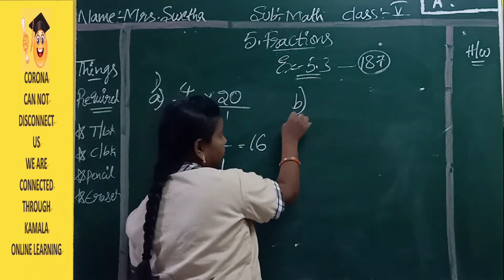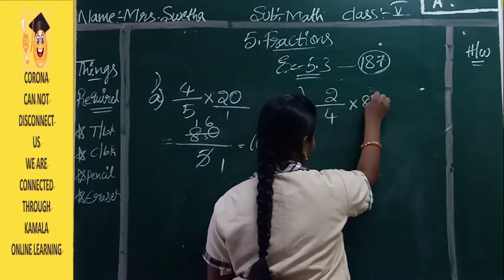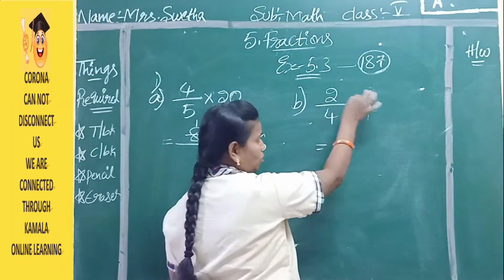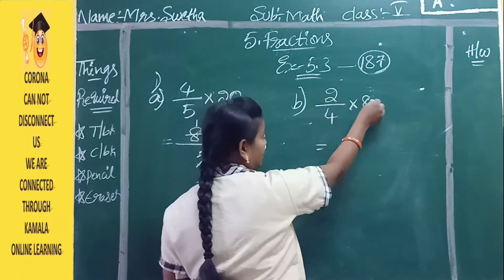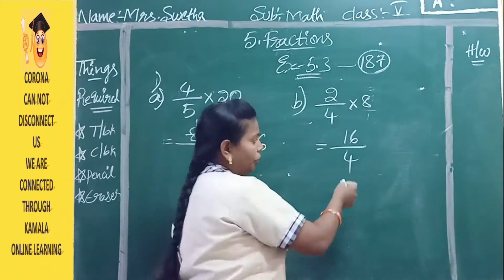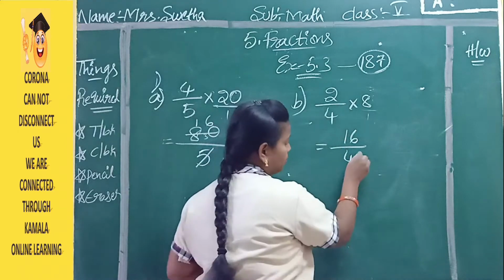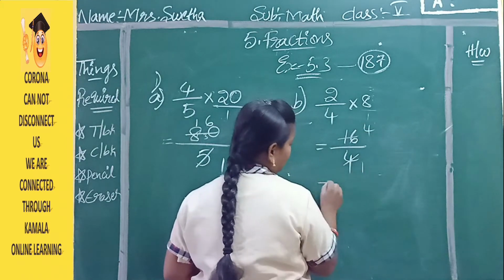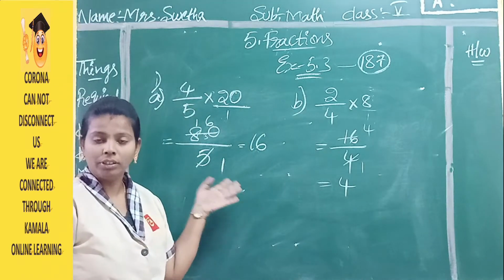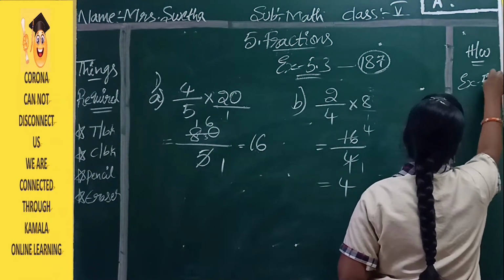So see the second one. The second one is also in the same way: 2 by 4 into 8. Just now I said you can take the denominator as 1, so you have to multiply with the numerator. 2 8s are 16 by 4 ones are 4, the denominator is 4. If you want you can cancel, if not you can check it in the rough column. See, 4 table, 16 will come. 4 ones are 4, 4 4s are 16, which means your answer will be 4. So like this you have to multiply and cancel. This is about your first bit. Do the other as homework, 5.3 bit 1.